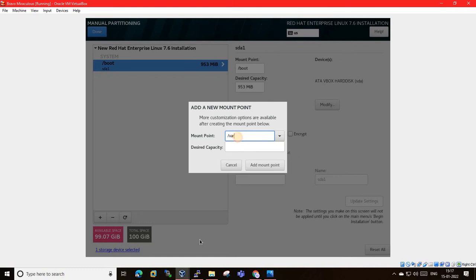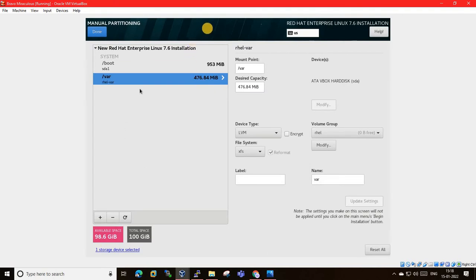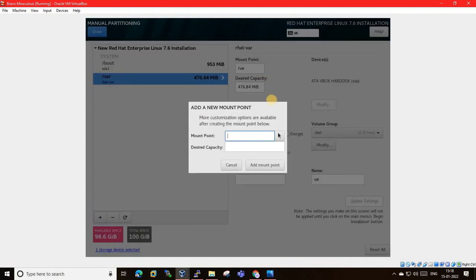The purpose here is to store your data, and you have to use those mount points. For var we can give 500 MB. You can see there is 1 GB of boot, then var is created. We will add a few more mount points here.